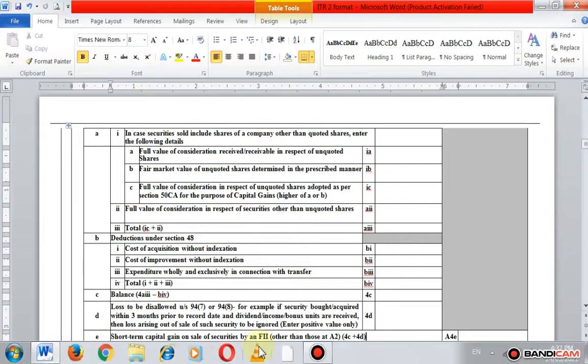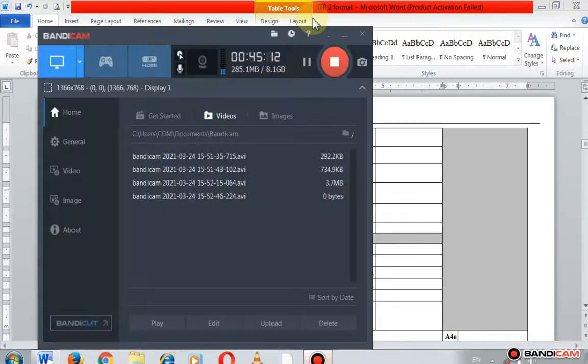त्याच्यानंतर डिडक्शन्स आहेत, टोटल आहे. टोटल कशी कम्प्यूट करणार आपण,